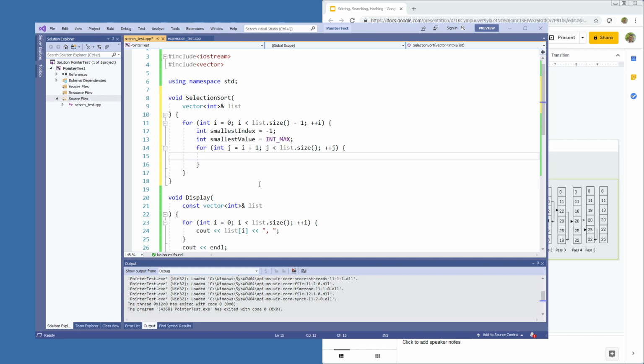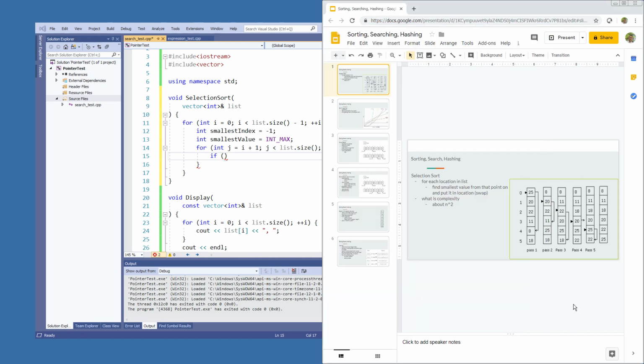this is very similar to our linear search. It really is exactly like our linear search. We're just searching a portion of the list rather than the entire list. So we're going to ask the question, if the value at j is smaller. We're looking for the smallest value in here, and it's not just the smallest value in here, it has to be smaller than the value at i,